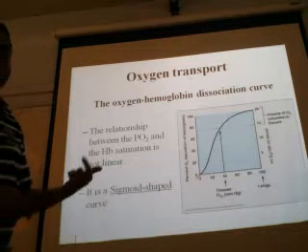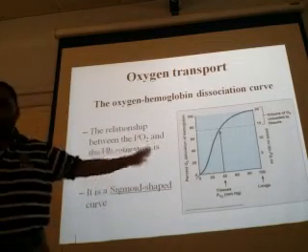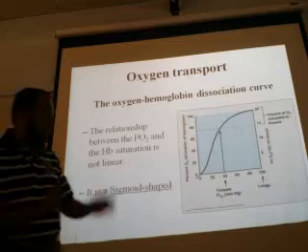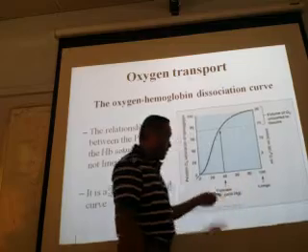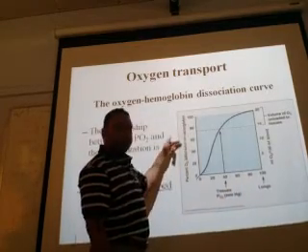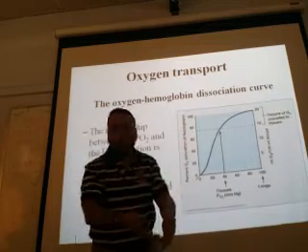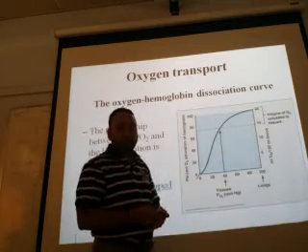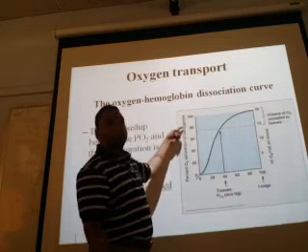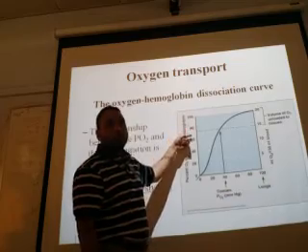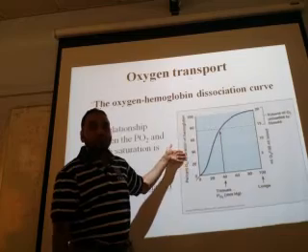We had seen the carboxyhemoglobin dissociation curve before, right? Now this is the oxygen hemoglobin dissociation curve. The same thing. On this axis there is PO2, partial pressure of oxygen. On this axis there is saturation. Saturation means percent oxygen saturation of hemoglobin. How much is bound, not dissolved. Dissolved is here.